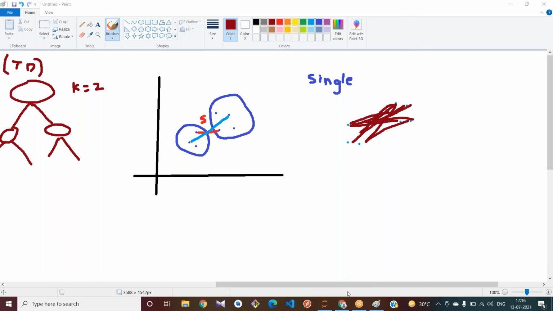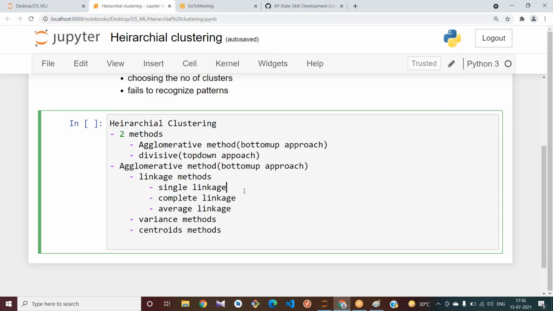Now let us see, how does the single linkage work? Please tell me.